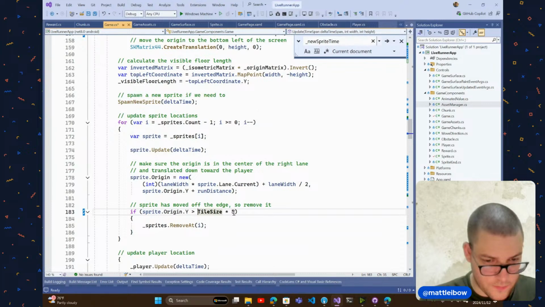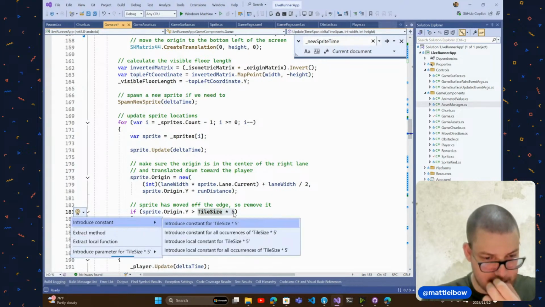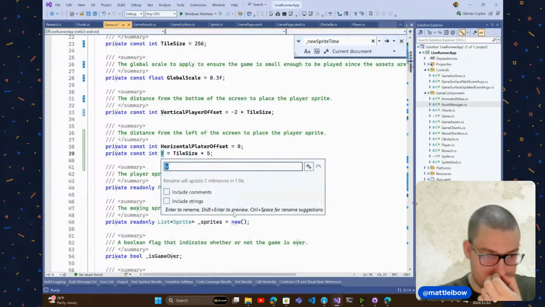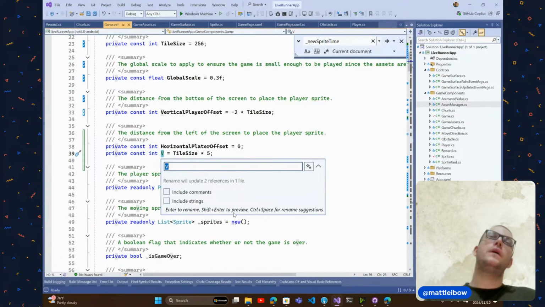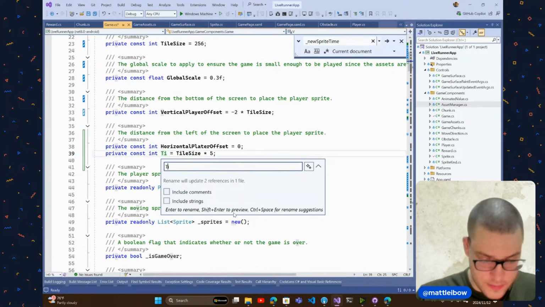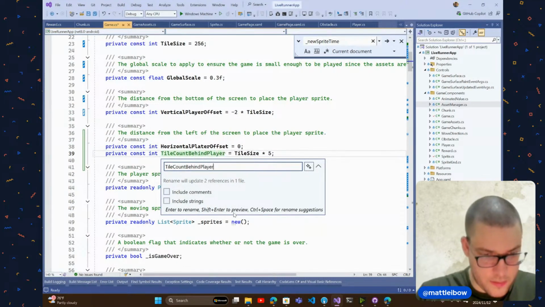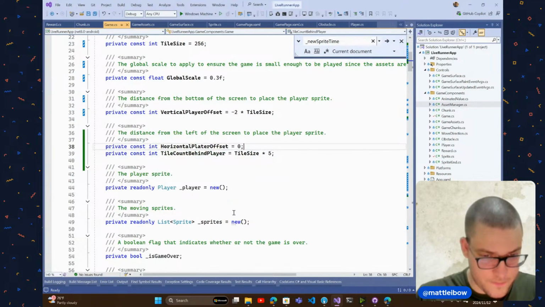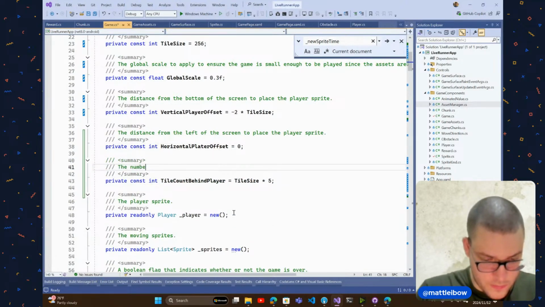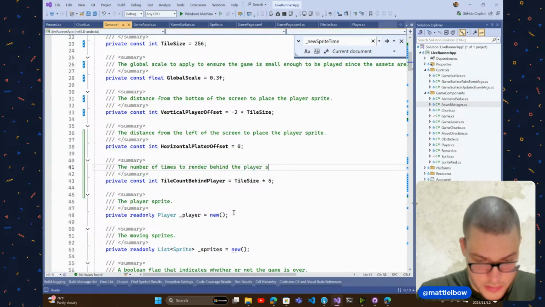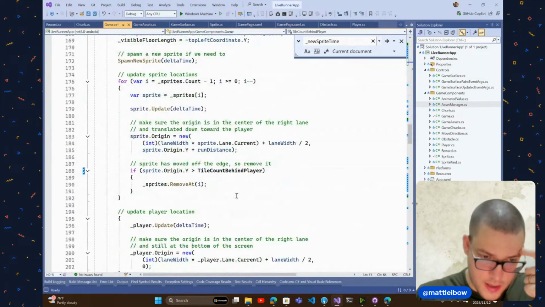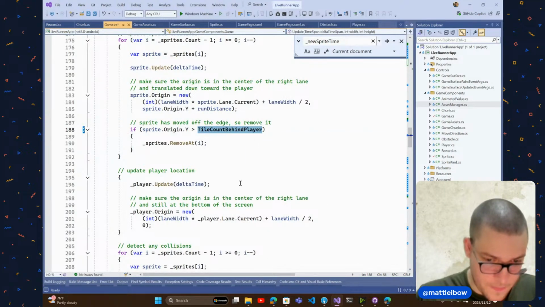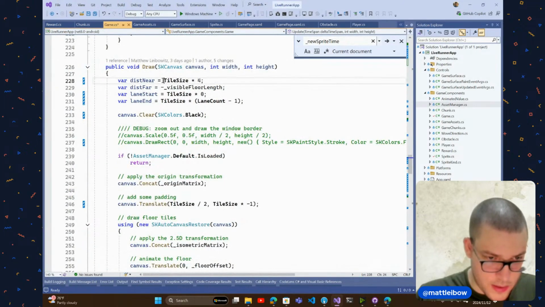Here we go. This tile size is 5. This needs to be another one. Tile count behind layer. Alright, tile size 5. Number of tiles to render behind the layer sprite. Go. And this one also needs to be, here we go,